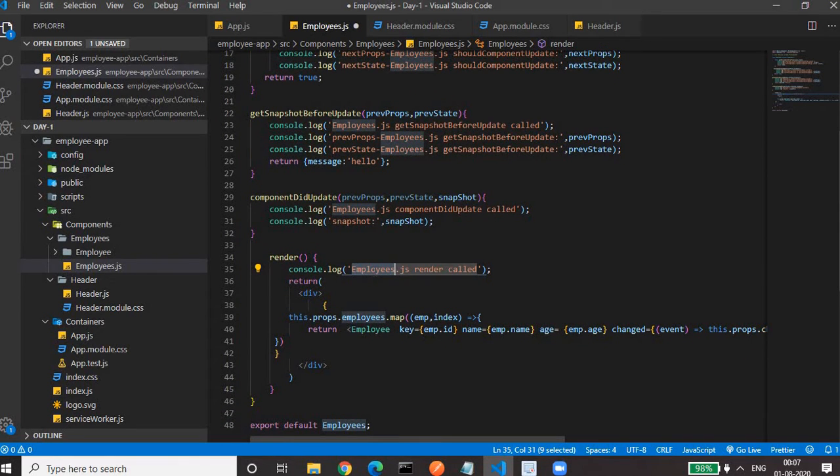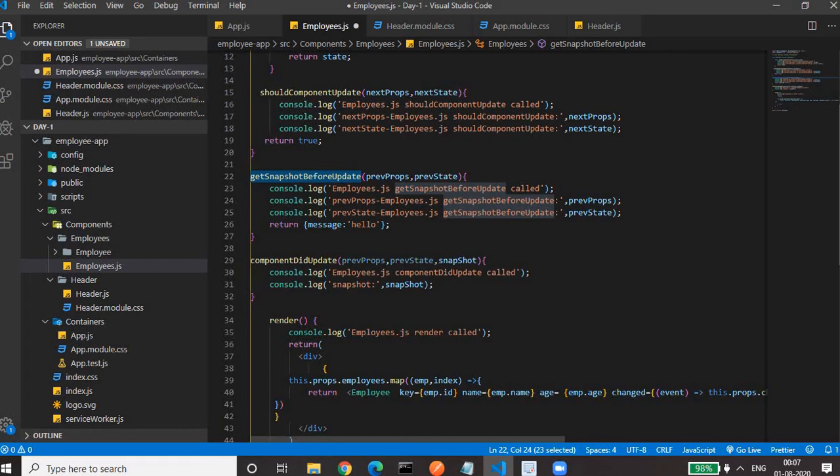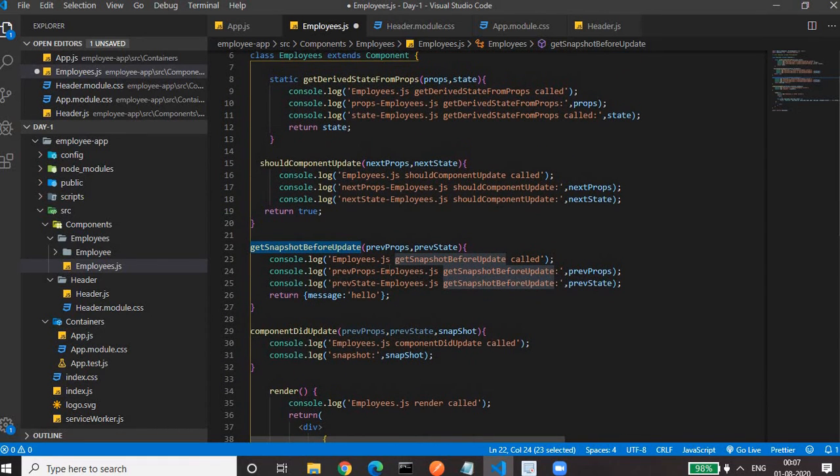Okay. After the render method, it will call get snapshot before update. So this is also a method which we rarely use. It takes the previous props and previous state. And in this method, we have to return a null or an object.